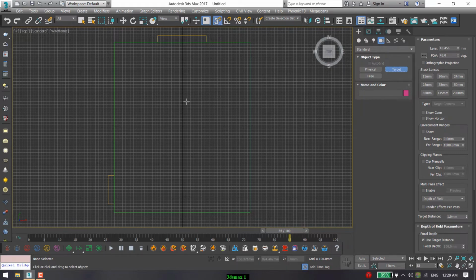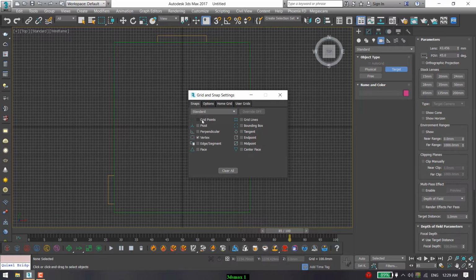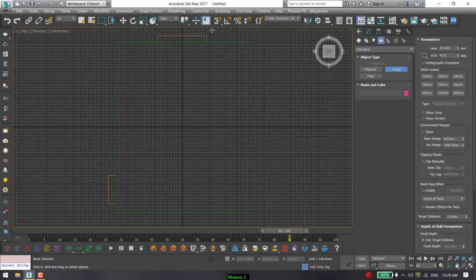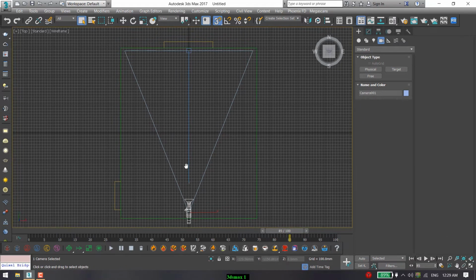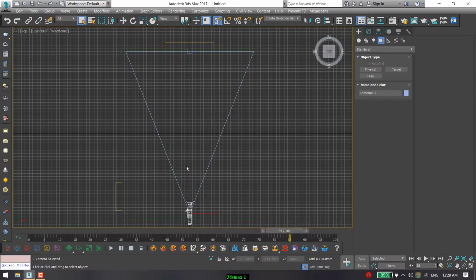The shortcut key is S, but before going to shortcuts, I'm going to right click here and turn on grid snap. I'm turning off my vertex snap, so enable my 3D snap toggle. Select the target camera and click and drag to your target. After that, I'm going to press Alt W.